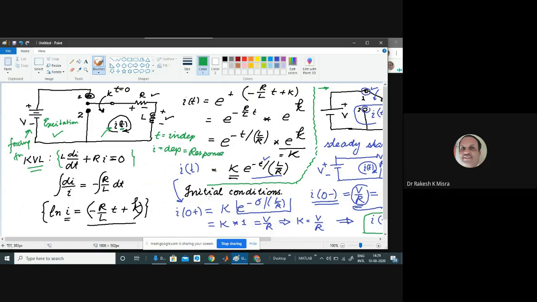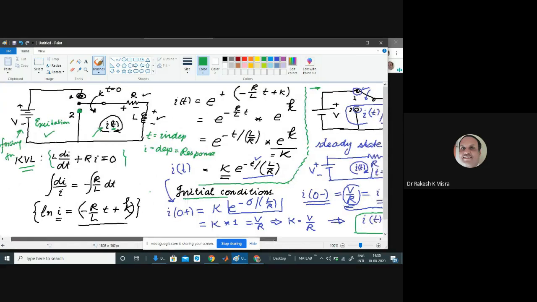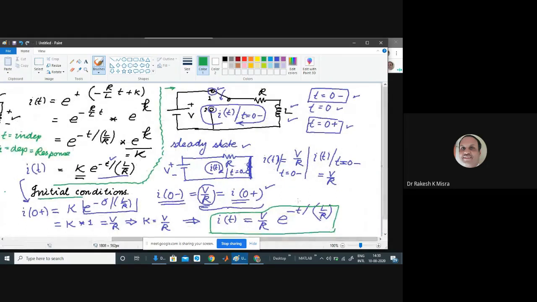And initial conditions, we have seen what we mean by initial conditions. When the switch is coming to position number 2, then whatever was the current in this circuit at t equal to 0 minus is the initial condition. So now this is one part. We can write our final equation in this form, which we have seen. And this can also be written as